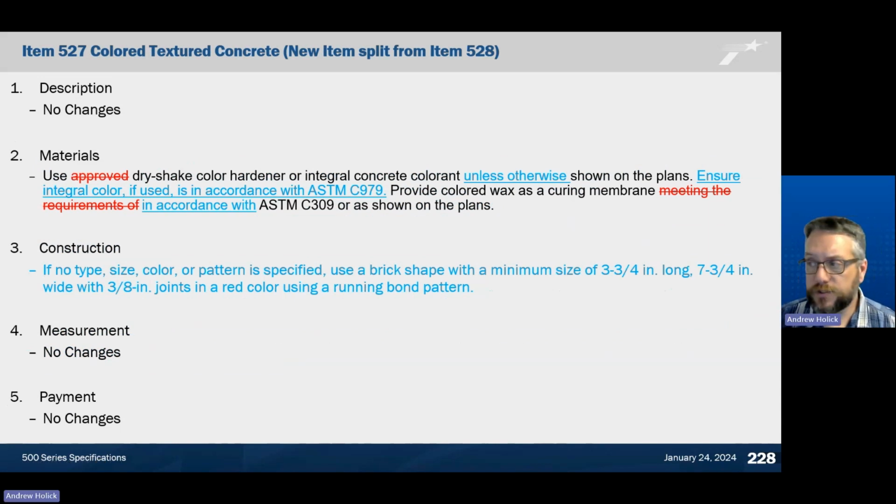Item 527, colored textured concrete, has been split out from item 528. So description-wise, there are no changes. Under materials, some update to the color hardener to provide ASTM requirements. Under construction, language has been added for a default color pattern and size if it is not provided in the